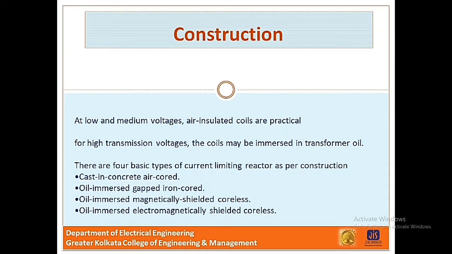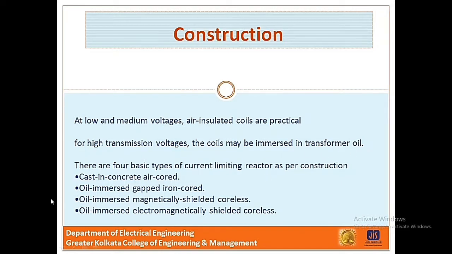Insulation of air core coils requires consideration of the magnetic field produced by the coil, which may induce current in large nearby metal objects. This may result in objectionable temperature rise and waste of energy. So, we can conclude that at low and medium voltage, air insulated coils are practical, and for high transmission voltage, the coils may be immersed in the